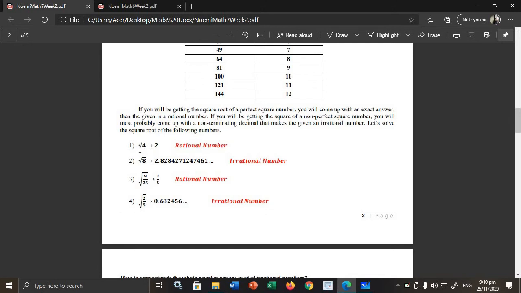So, dito, you can use your calculators for you to be able to solve this easily. So, square root of 4, ang answer niya ay 2. We get an exact answer. Therefore, square root of 4 is a rational number. Okay, so ganun lang yun. And then, next one,